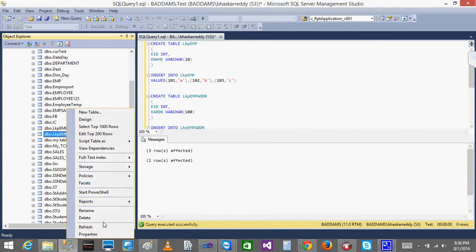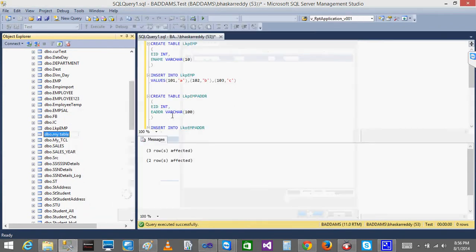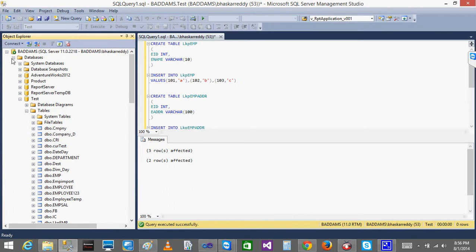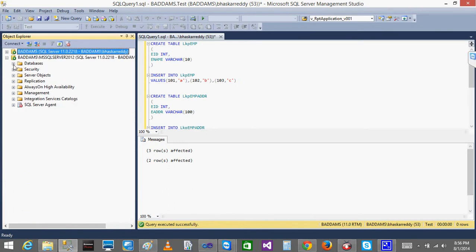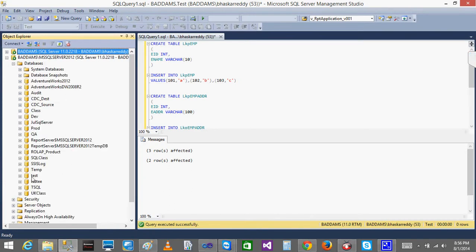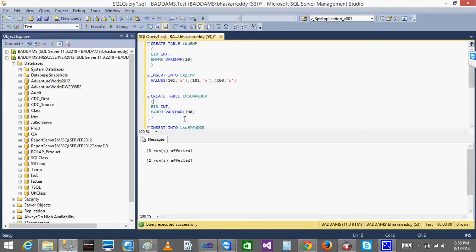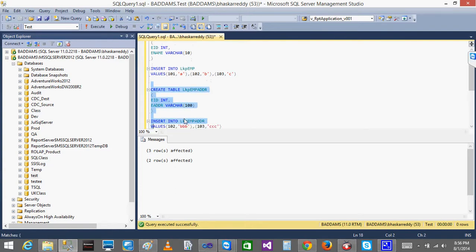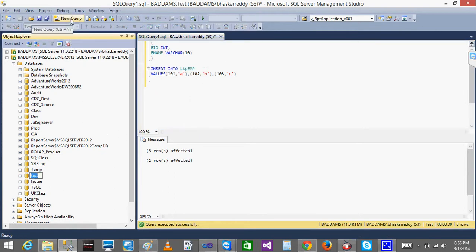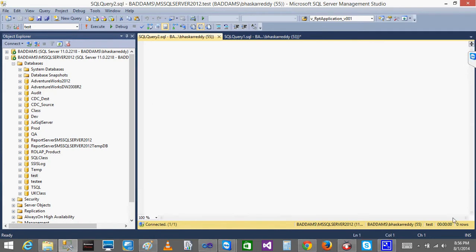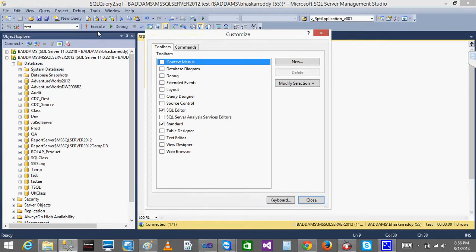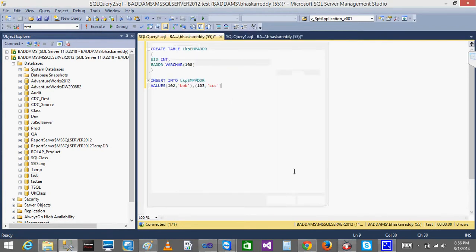Refresh it. Done. What I am going to do is create that LKP EMP on this server, in the test database. Now I'll copy this one, create table LKP address. So I'll create the EMP table on one server and LKP address on a different server. I'll select this test and new query. Automatically it will be connected to the server and the test database. Now I'll paste and execute. Done. We are good.